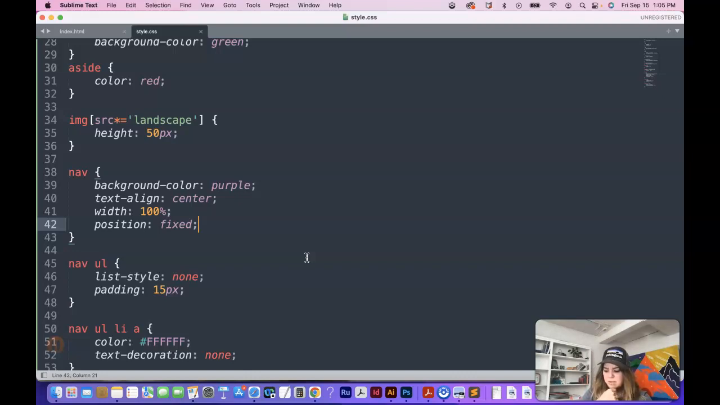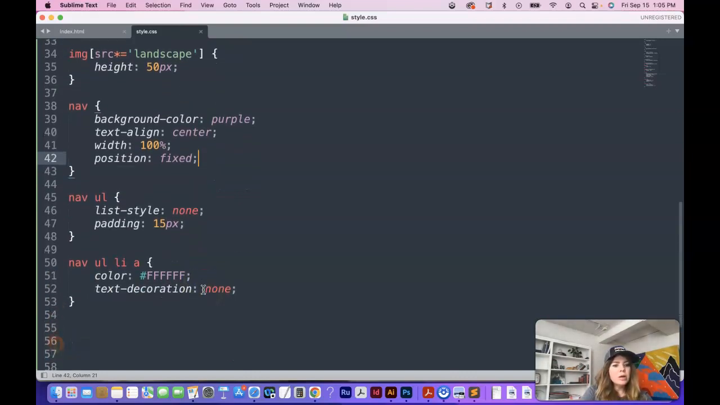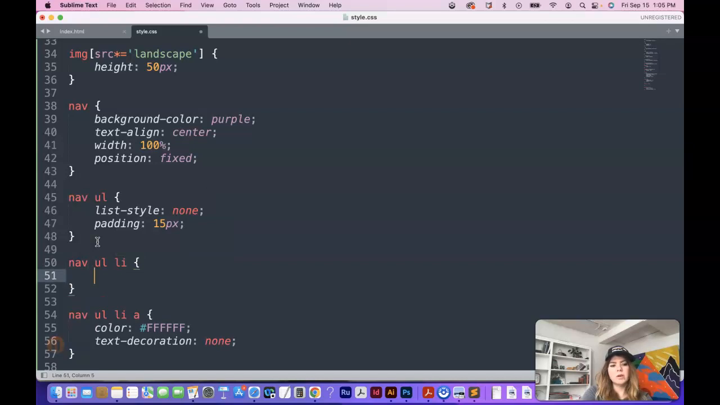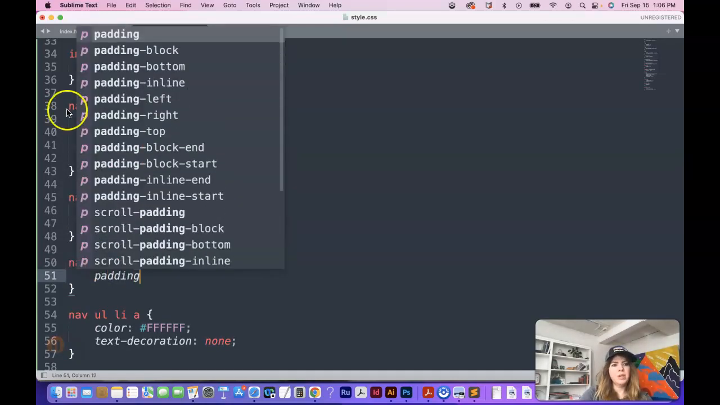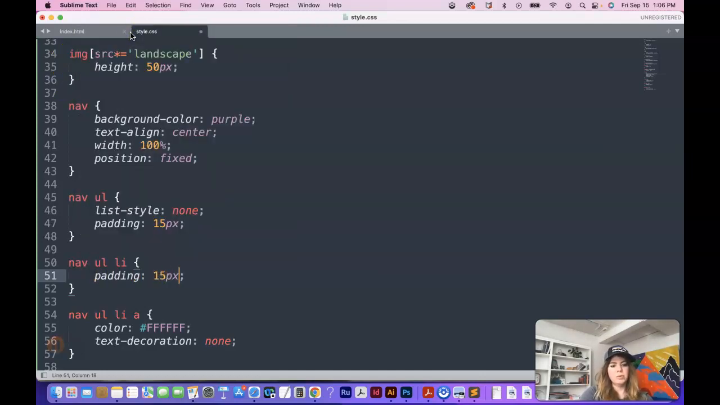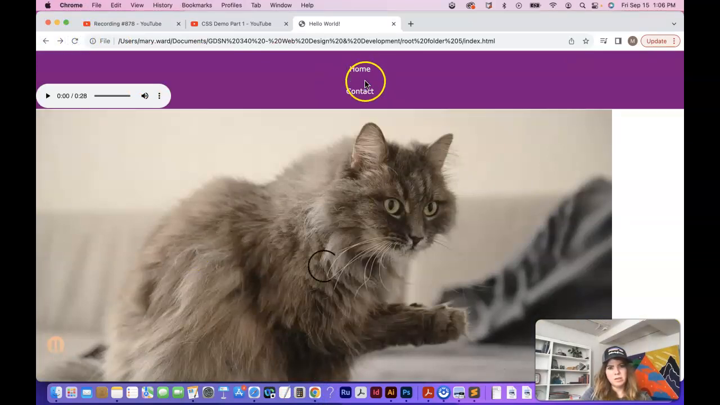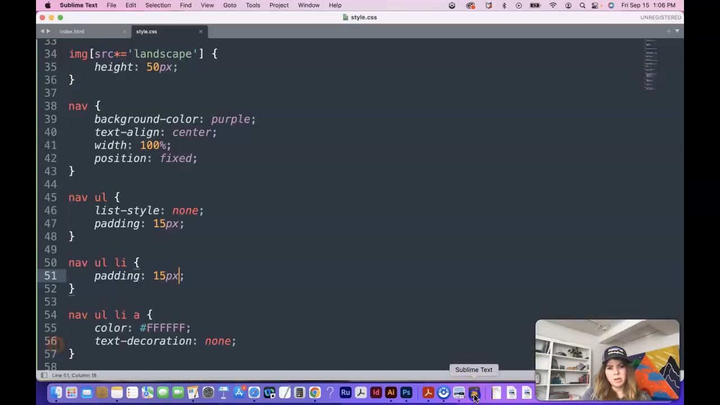So let's add some spacing between home and contact, and we can do that on nav UL LI. Let's just go as far as list item, not to the link. And padding. This will just make it look a little bit more spaced out. I can show you that. So keep your eye on that. It did create 15 pixels all the way around each LI item, which makes it look a little bit more